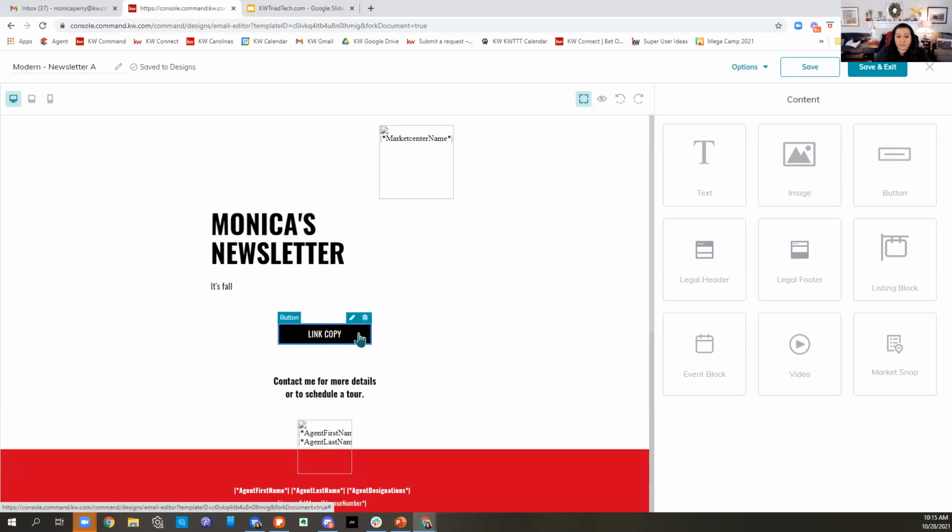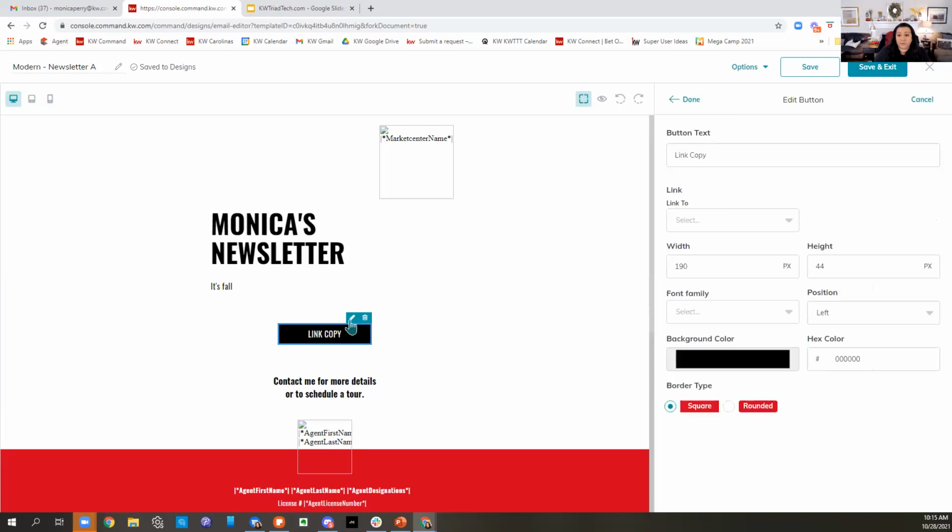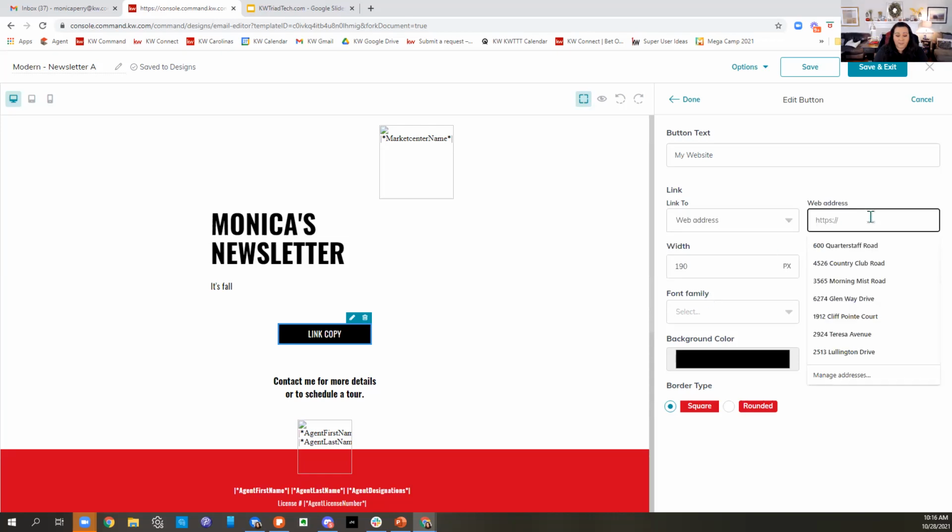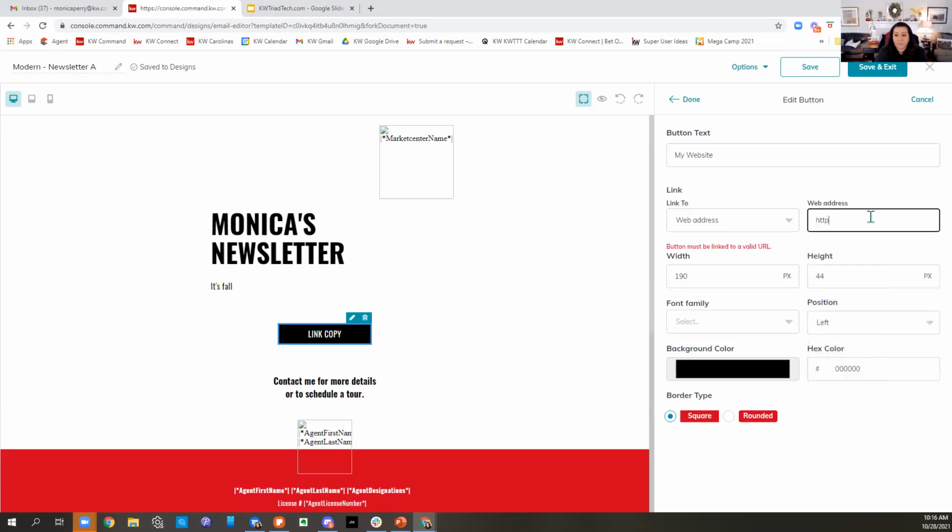And let's look at these buttons. So these buttons are to give you a link. So maybe you wanted people to be able to click the button to go to your website, for example. I can click the pin on the button. I can change what the button says, my website, for example. And then I have the option to link it to a landing page, a merge tag, or a web address. So if I was doing my website, for instance, it would just be